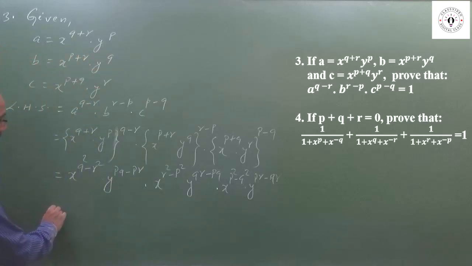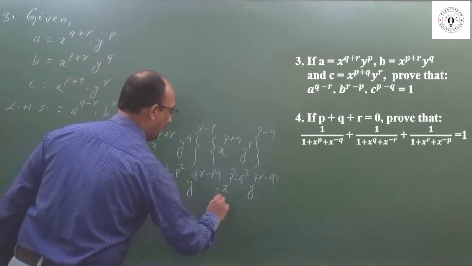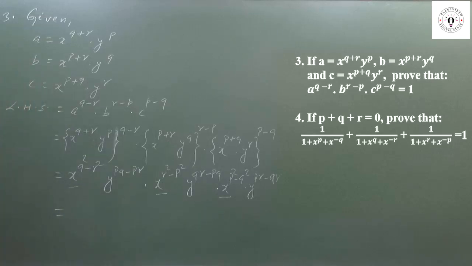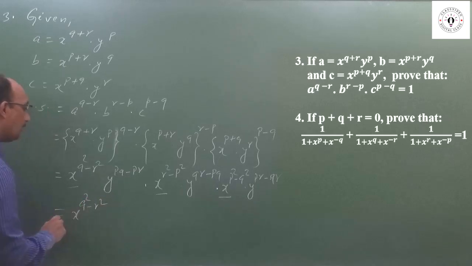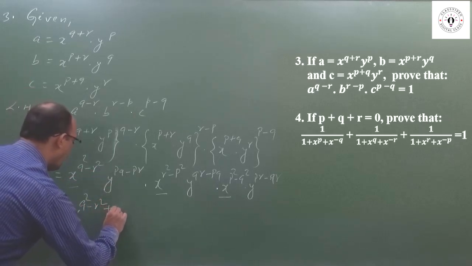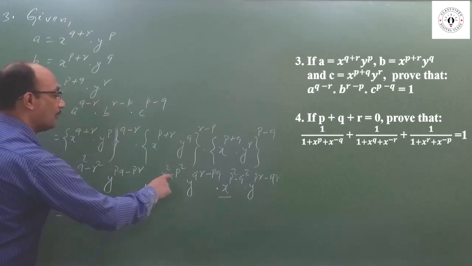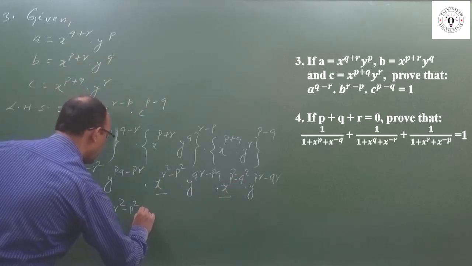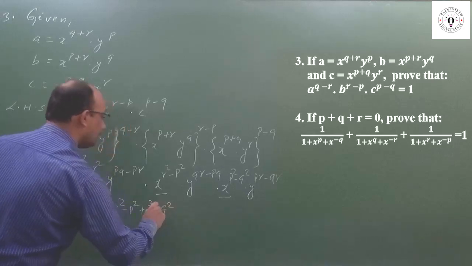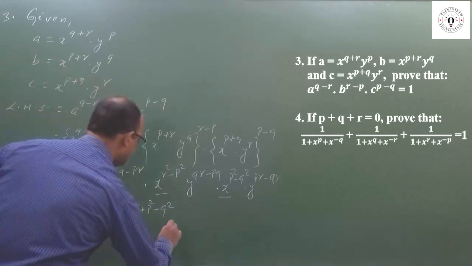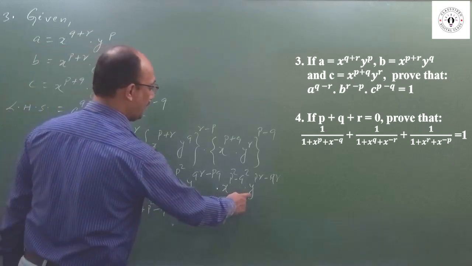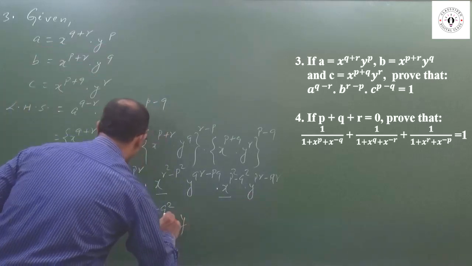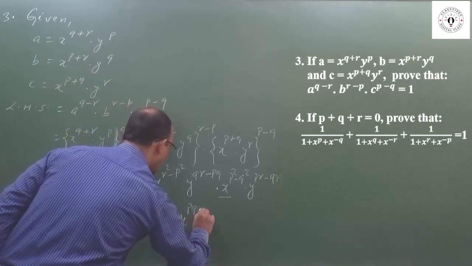Now look here. These three have the same base, and in the middle we have a multiplication sign, so the powers will be added. So it becomes x to the power q square minus r square plus r square minus p square plus p square minus q square. Similarly, the remaining three have the same base, y. So this becomes y to the power pq minus pr